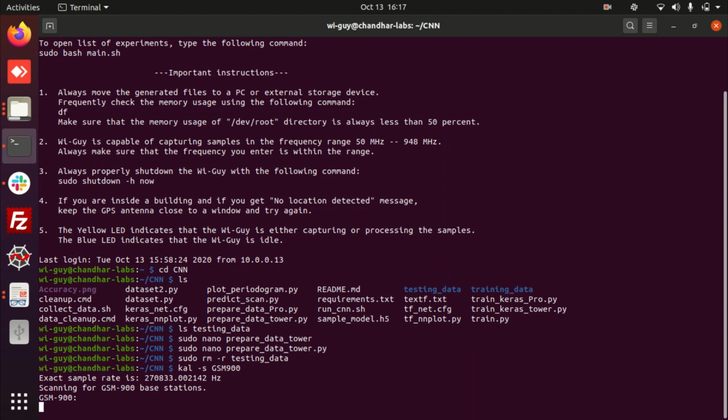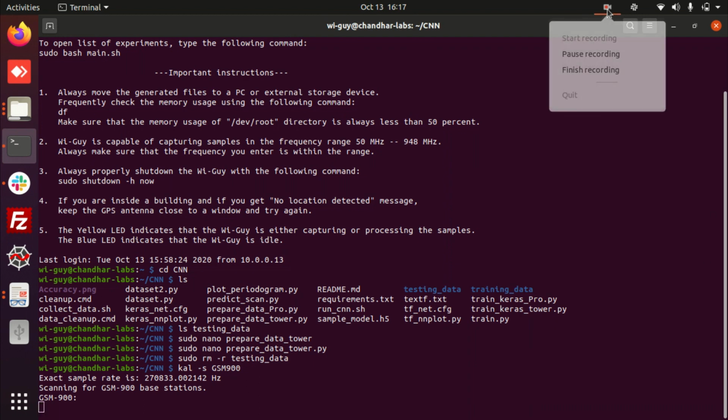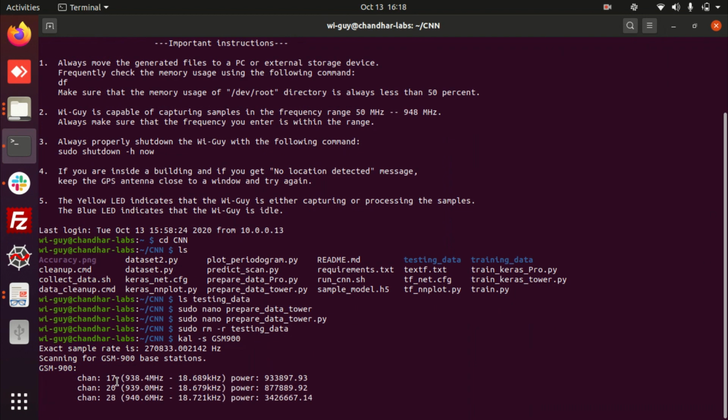Once you find the carrier frequencies, you will know what carrier frequencies the nearby towers are using to generate the GSM signals. Here I got three channels: channel 17, channel 20 and channel 828.